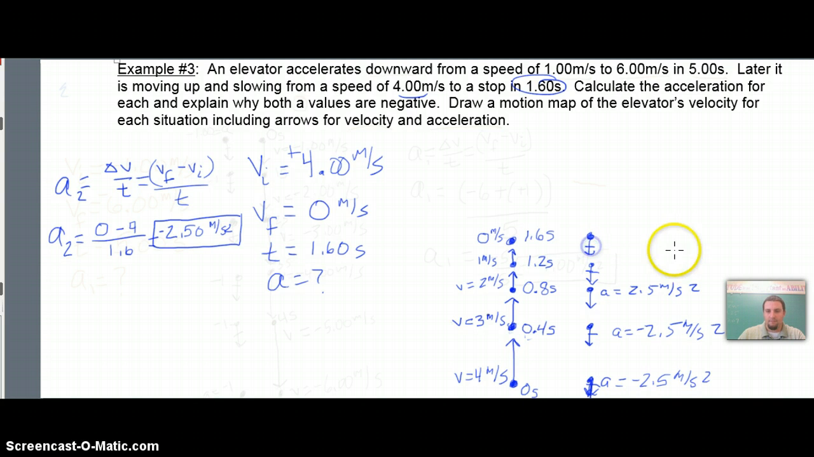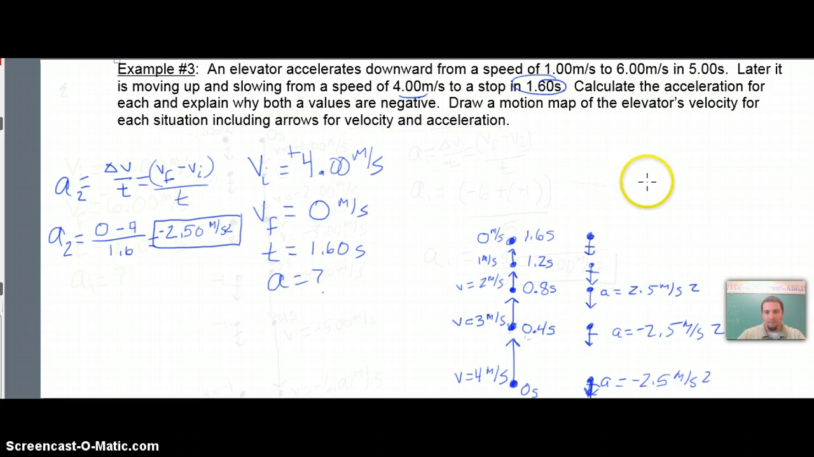Okay, so you can see the elevator is at a high speed and slowing down. In between these times, it's still slowing down, but we're just noting it like we're taking snapshots at every 0.4 seconds. 0.4 seconds, 0.8 seconds, 1.2 seconds, 1.6 seconds. You can see how it's slowing down to a stop. Acceleration stays constant. So you need to realize that when the velocity vector, which in this case is pointing up, is opposite of the acceleration vector, which is pointing down,